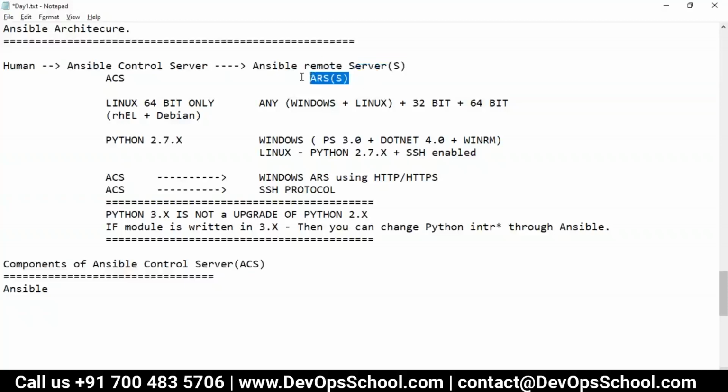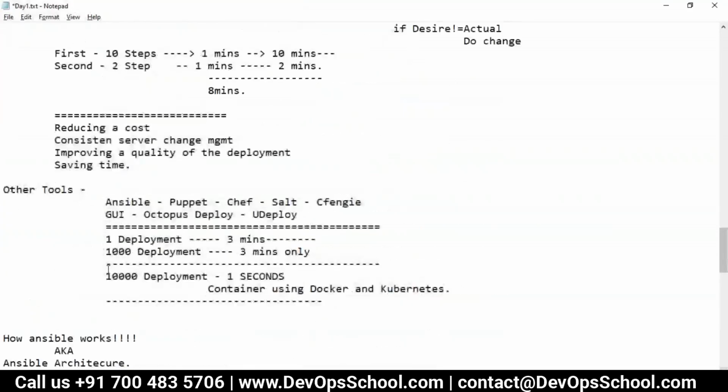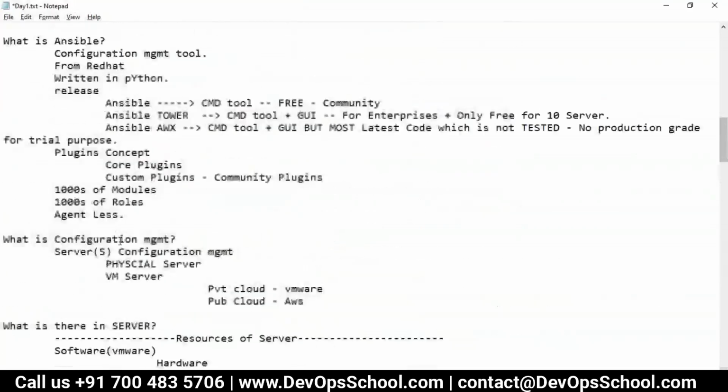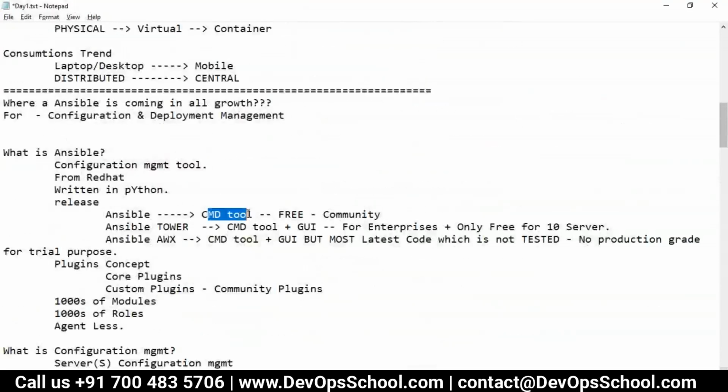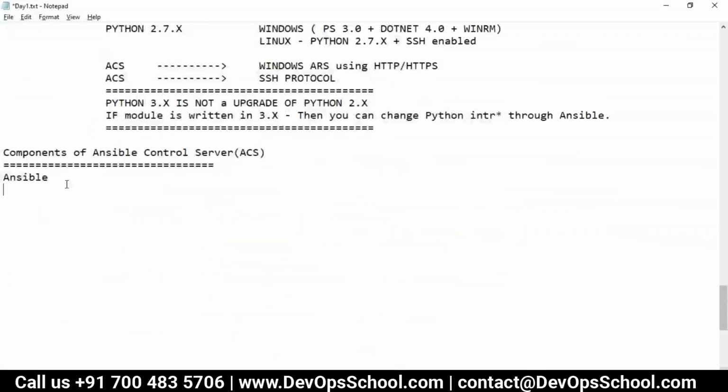Again, I'm repeating: in ACS we install Ansible. We do not install anything on ARS. So the moment we install Ansible, and when I say Ansible, please remember I am talking about the command line tool, you get